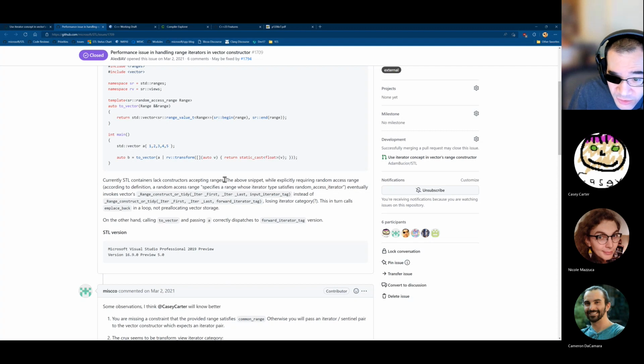And so here the user says that we are calling eventually an internal machinery, as indicated by these underscore capital ugly names. It's invoking vector's range constructor tidy from input iterators. So we have lost the iterator category. The interesting thing here is that in C++